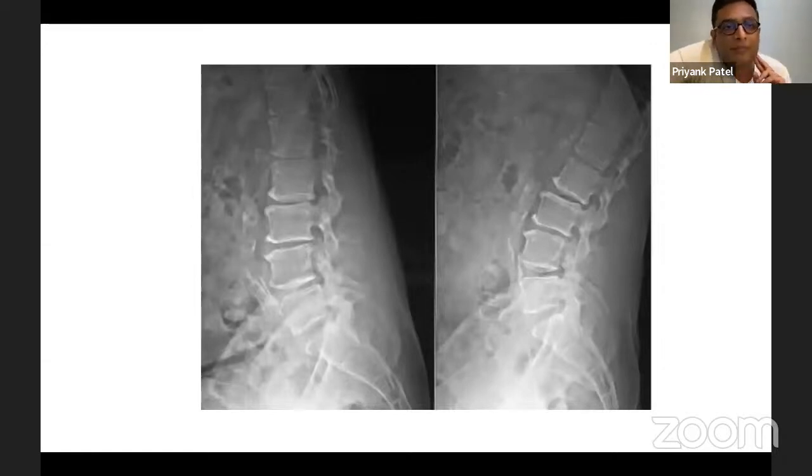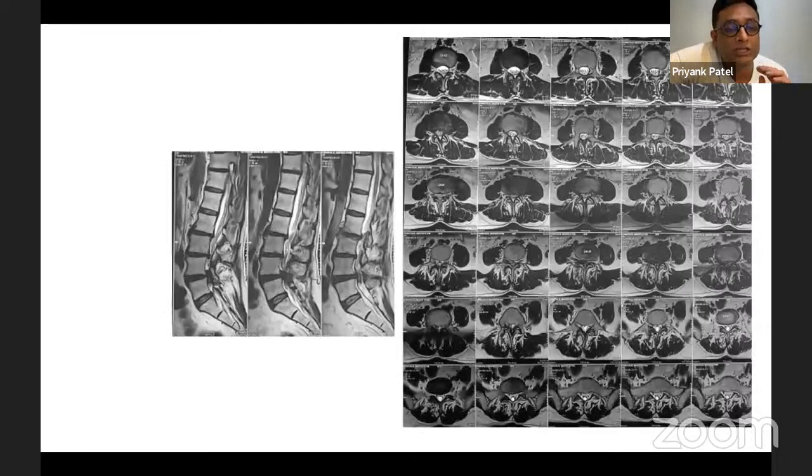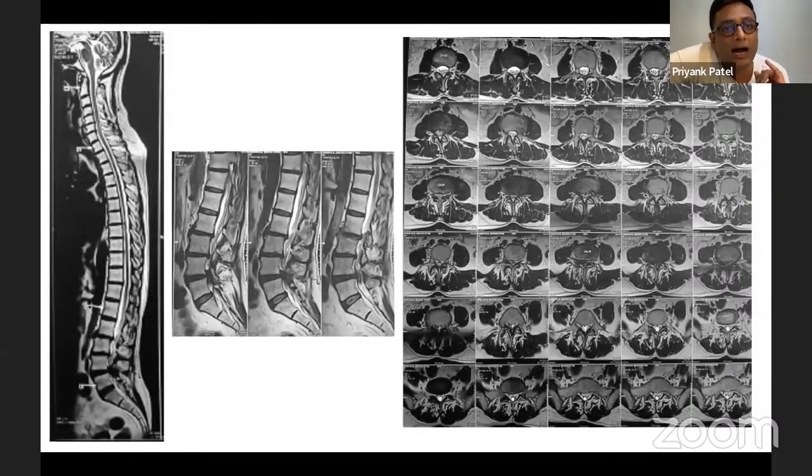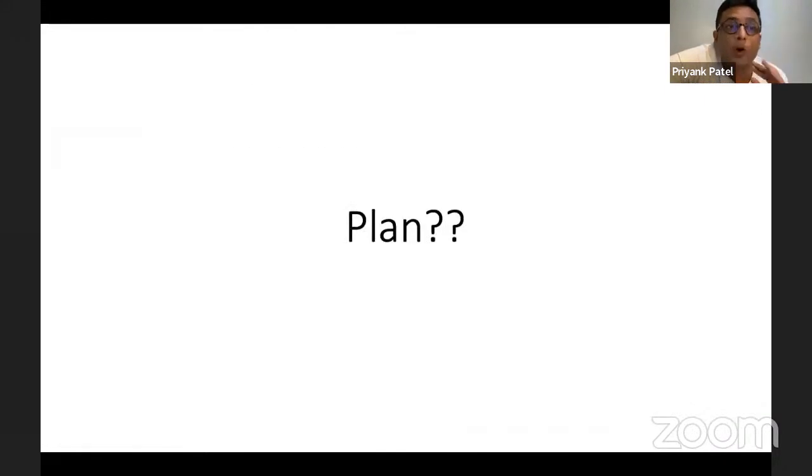We just brought this up, but we are not going to discuss this point further because we are going to have a separate talk only on degenerative scoliosis. In that you would know how to decide which level to fix. Are you going to do a limited fusion or a full segment fusion? Are you going to do just a lumbar fusion or a dorso-pelvic fixation? Are you going to look at parameters to correct the lumbar lordosis? All these are points to think about for our next talk on degenerative scoliosis.